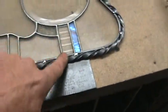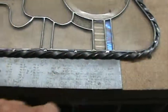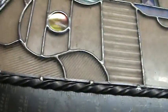It doesn't matter if it's a straight line. You see this one curving off and you see this one straight. It doesn't matter, because what we're going to do right now is we're going to fix the solder. Let me work my camera here. We're going to fix the